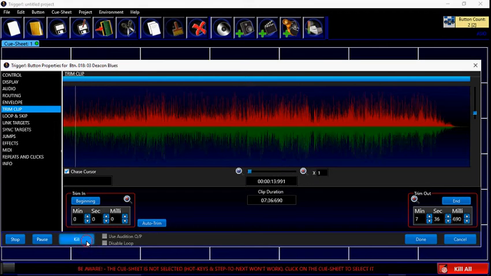Now if I click within this red box here while the track is playing, I can set the trim in point on the fly. Alternatively, I can use these nudge buttons here and nudge the trim in point. But for now I'm going to set it on the fly, and if I center click on the waveform, I can adjust the play position. So I can do that like that, and I'm going to want the in point here. There. Now I'll listen to that in point by simply playing it back,